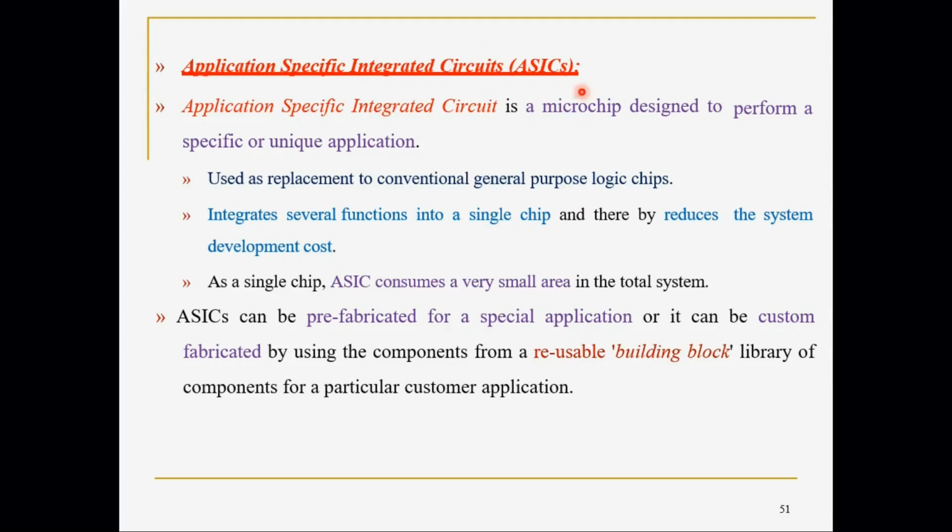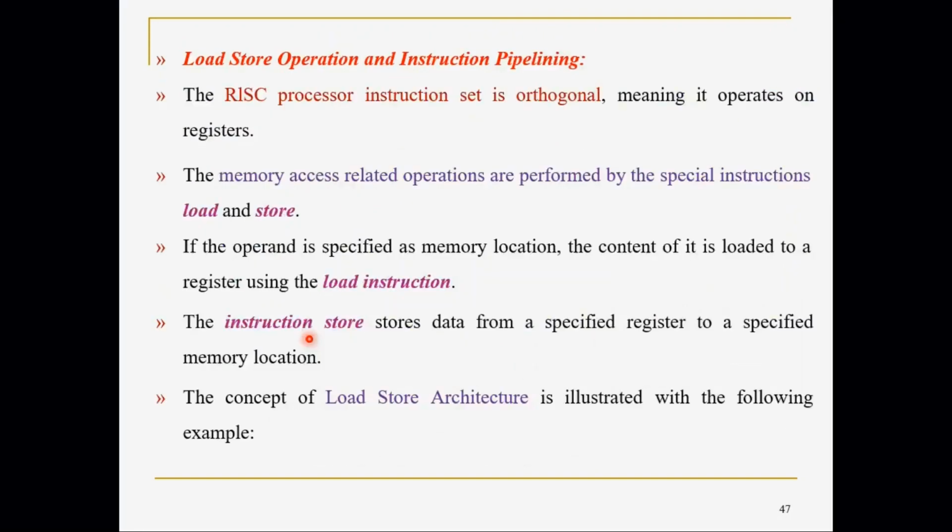Then application specific integrated circuits. Now what are application specific integrated circuits? These are not general purpose, like when you bring a microprocessor and write some program so that it works as the core of an embedded system, or you get a microcontroller and write some code to it, or you can get a DSP. If your embedded system has more signal processing, then you can use a DSP.